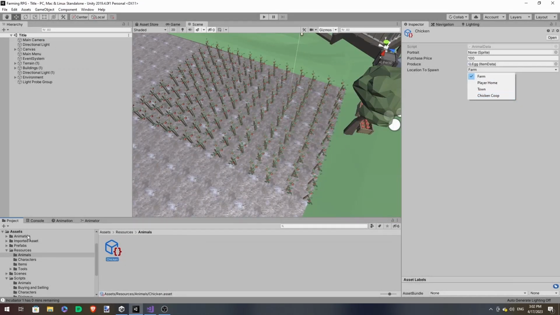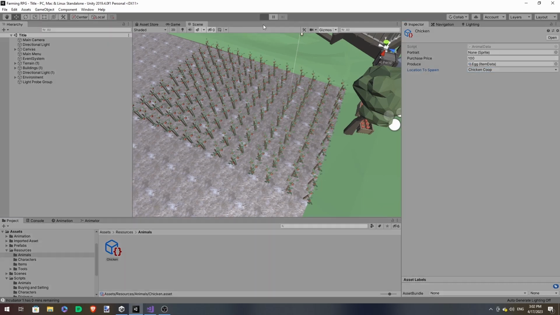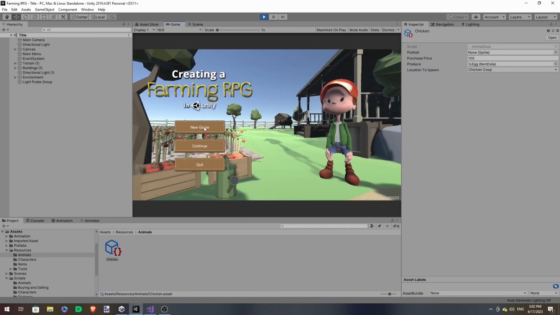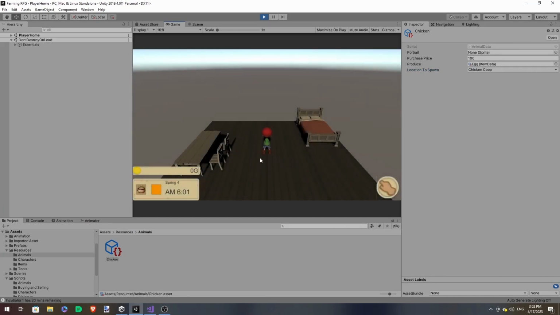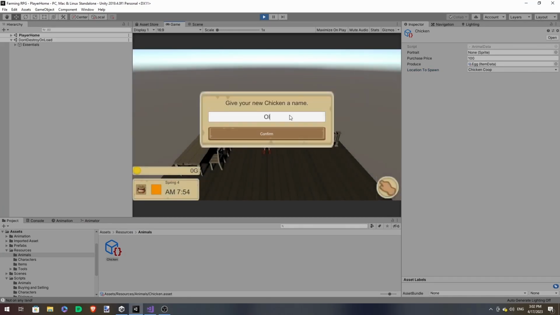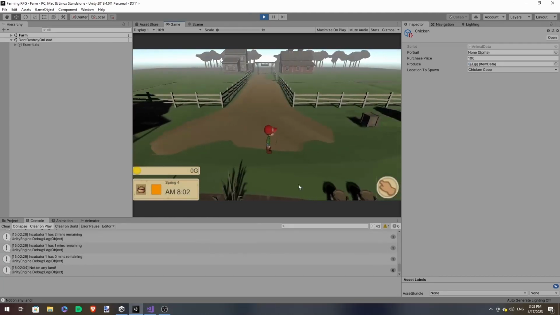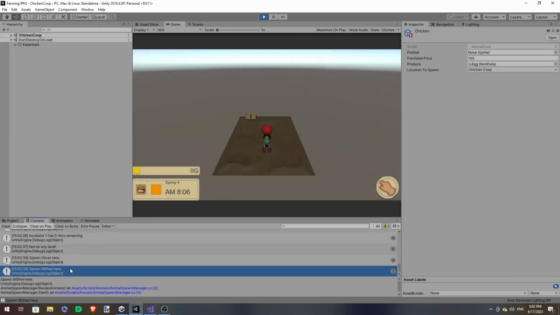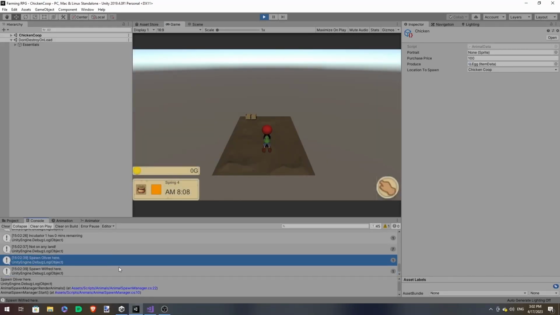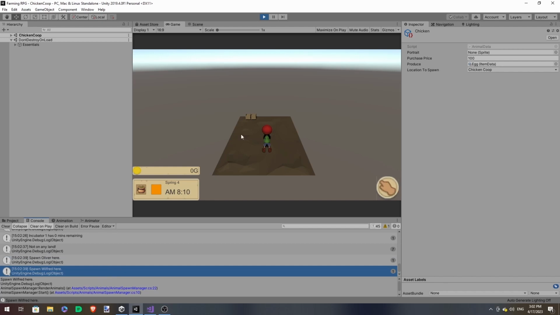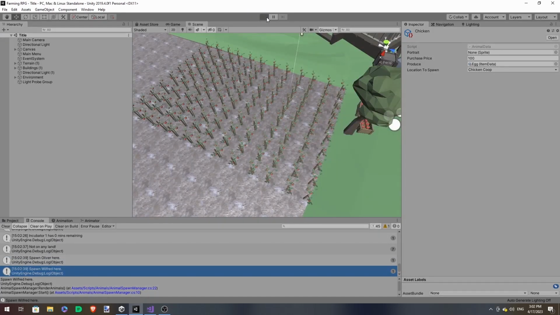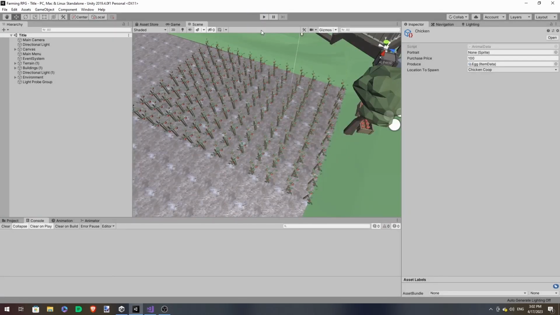Don't forget to set your chicken to spawn in the chicken coop. There, so it works.